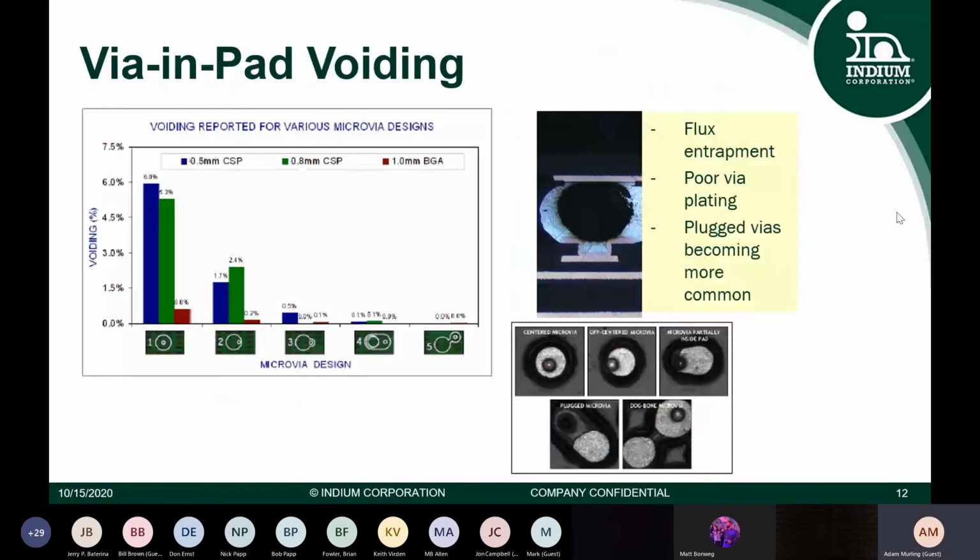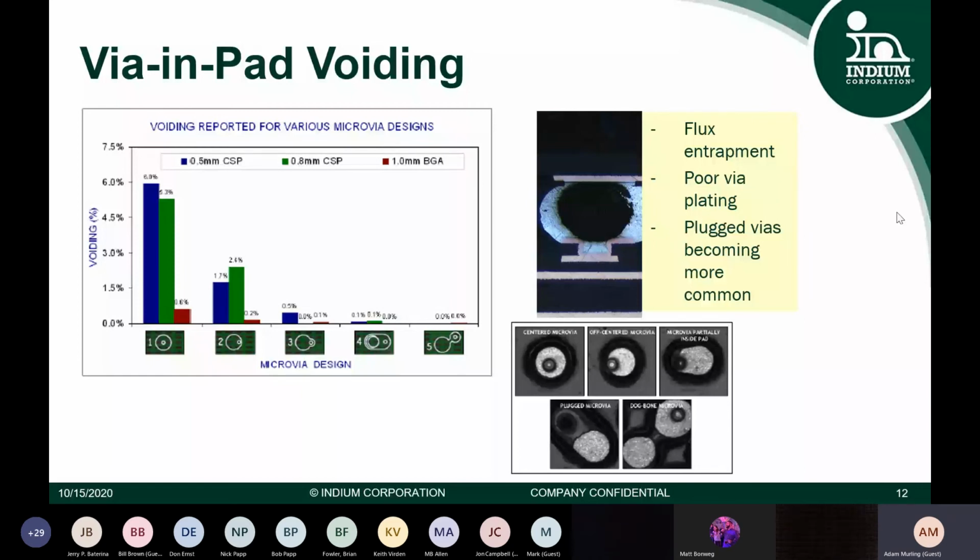And this is kind of what I was talking about a couple slides ago with the via and pad voiding. So this is, for instance, more on a BGA, where outgassing can happen from the via into the bulk of the solder for the BGA. And if not looked at properly, one would just see that the paste or the ball just isn't wetting properly, or it's just not outgassing appropriately,